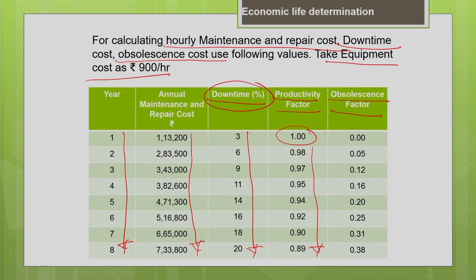These obsolescence factors are available from the literature for different types of equipment, and you can see that with increase in age, your obsolescence factor is increasing. For the first year it is 0, which means your machine is not obsolete. By the end of the second year, you can see there is some percentage of obsolescence, and it increases with the age of the machine. It's clearly evident. You can get this data from the literature for different types of equipment. We are going to use it in the estimation of obsolescence cost.